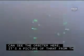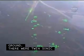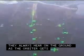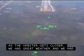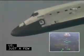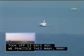Well, as we come back in towards the Kennedy Space Center, you can see the orbiter here. It's a picture of Atlantis from the ground. There were twin sonic booms that they always hear on the ground as the orbiter gets closer. We had great weather at Kennedy Space Center. You can see we went through a small cloud deck and then popped out, and the field was right there in front of us. Runway 15 at the Kennedy Space Center, just a few miles from where we took off